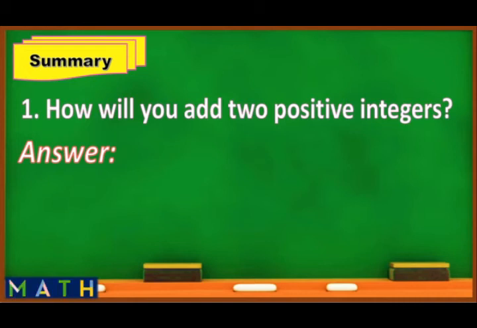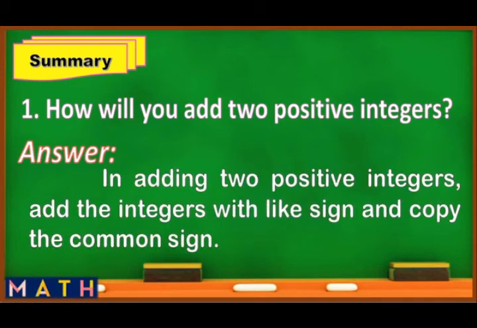How will you add two positive integers? Correct. The answer is, in adding two positive integers, add the integers with like sign and copy the common sign. For question number 2,